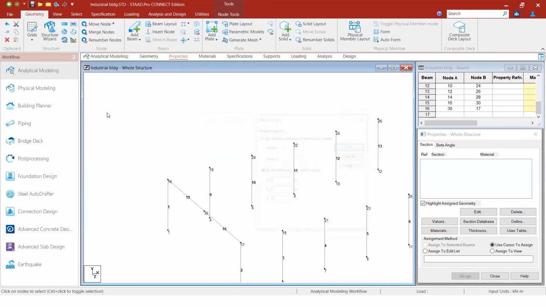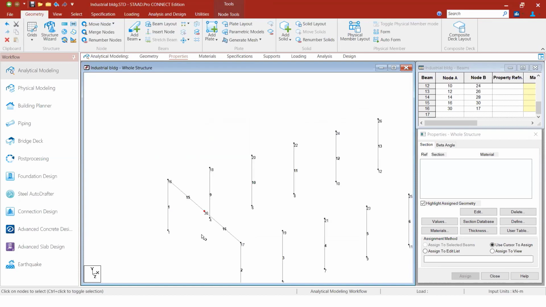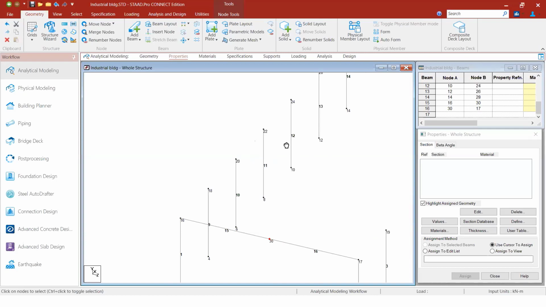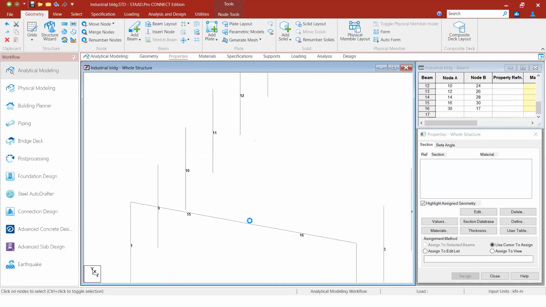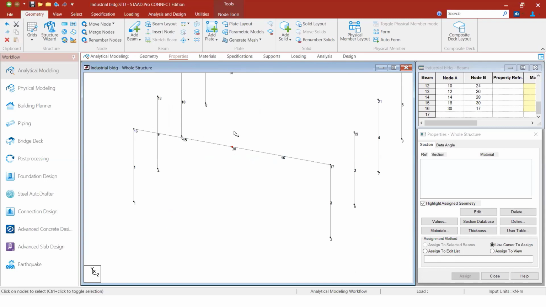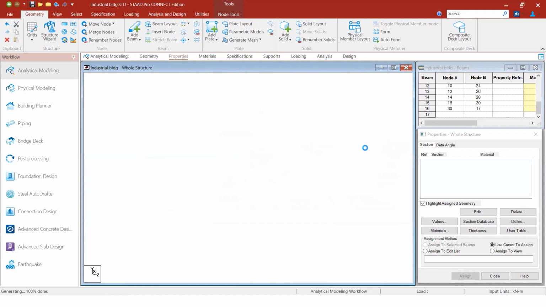Move node, move origin to 7.5 meters. Okay. Or else I will just go on with the translation repeat. 0.5 meters. Okay.